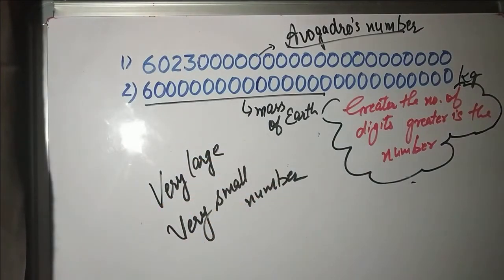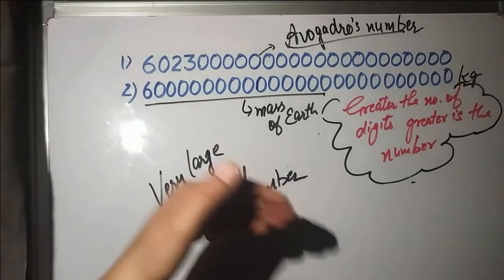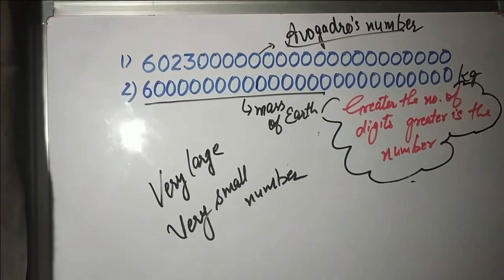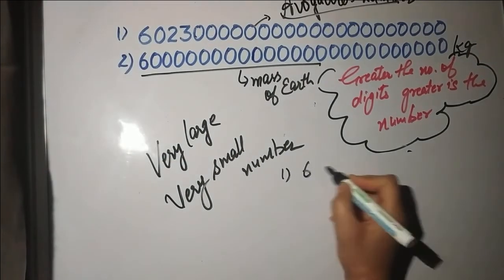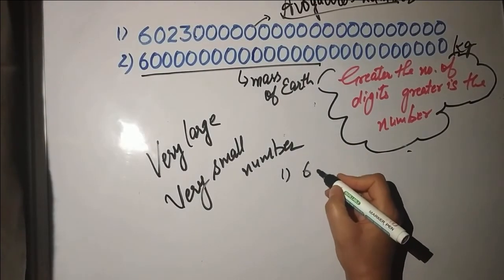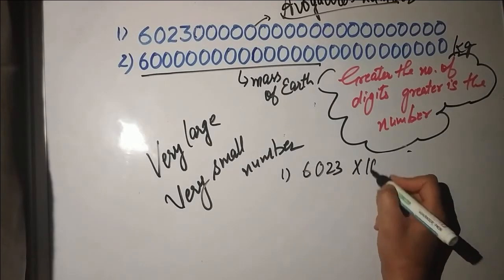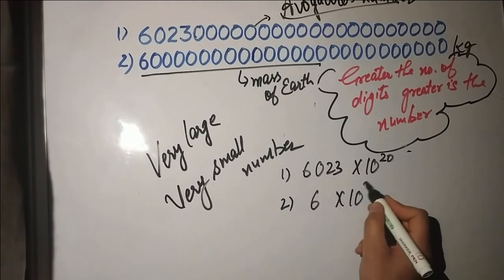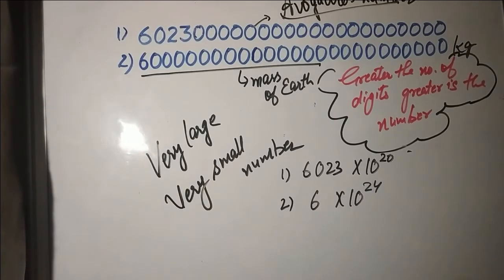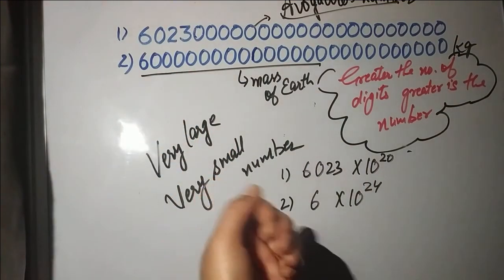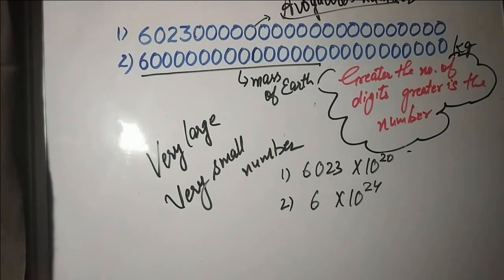So when you have to deal with this number, writing these numbers was a tedious task. Okay, that's why a format was introduced, that instead of writing this in this form, we'll write this number in this form. 6023 into 10 raised to power 20. Not even this, this format, because it's easy to write. The concern was, when we have to deal with them time and again, how to write them. So these two are the easy notations for both of them.